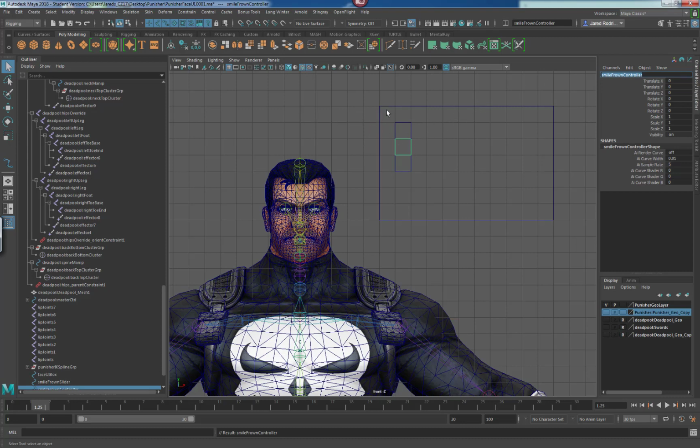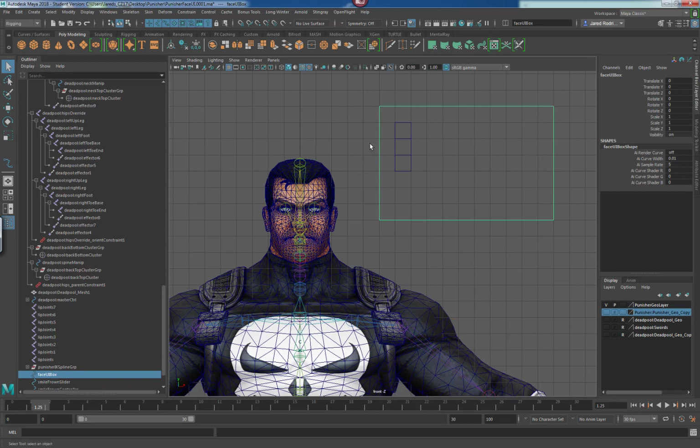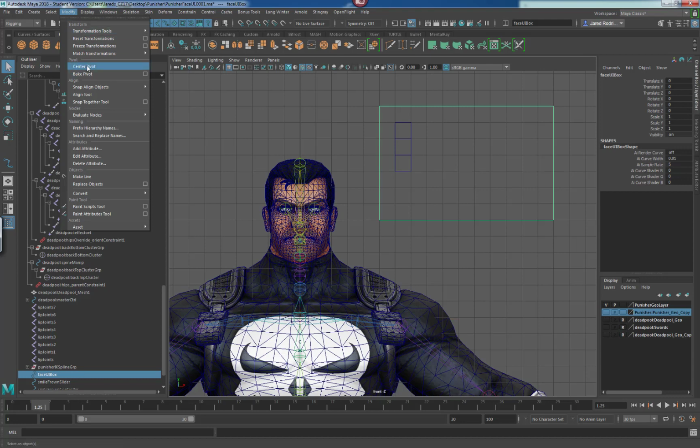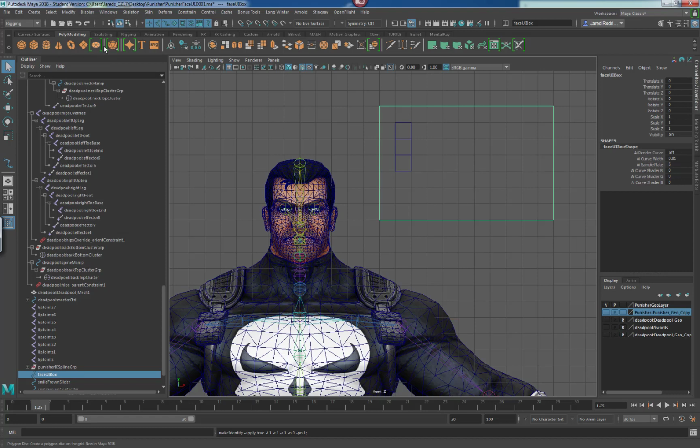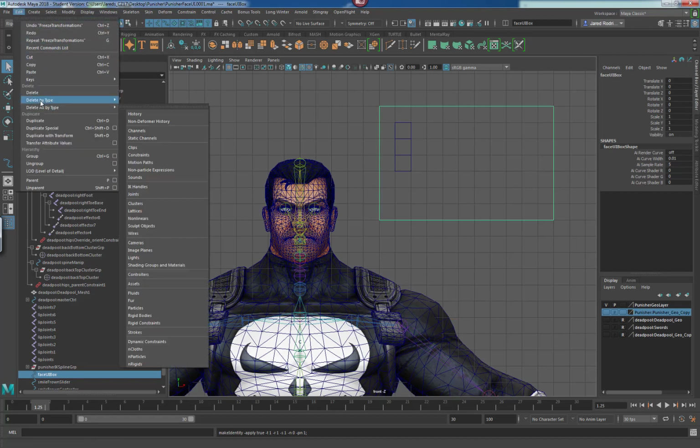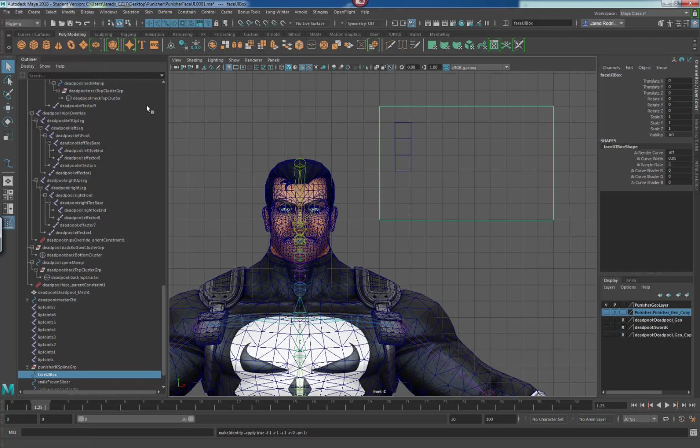And I'll take all of these, and just real quick, I'll take this one, and I will just do modify, center pivot, modify, freeze transformations, just in case I have anything going on in here, and edit, delete by type, history. Okay. If I want to make my custom buttons, I could go to my custom shelf here, and these